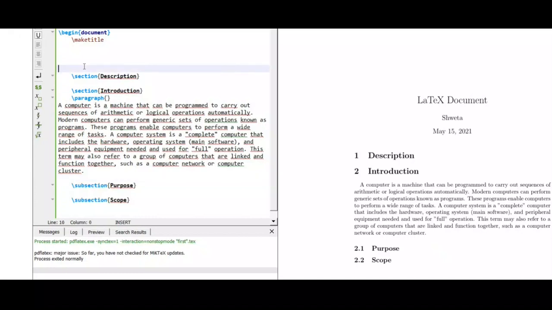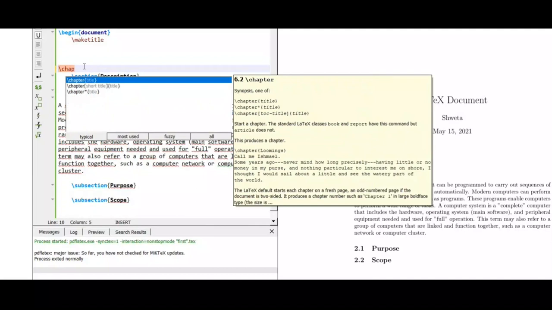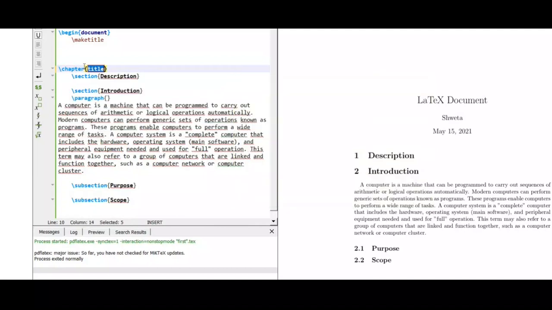we should try to add a chapter in this particular document. Before section, just add \chapter and enter. Just type the name of the chapter, that is, I'm just writing overview. Okay. So when you try to run it,